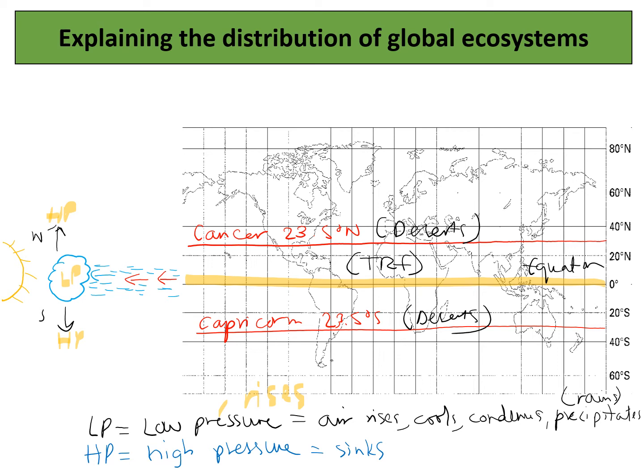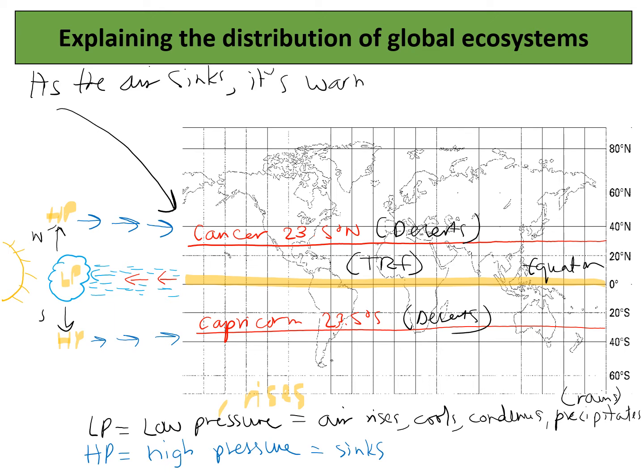As it moves north and south of the equator, this air is then forced to sink, and as it's sinking, it's not going to be able to cool and condense, so there will be no rainfall in these areas. So I'm just going to draw a little thing off here. As the air sinks,